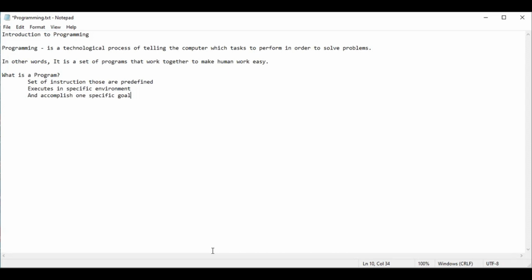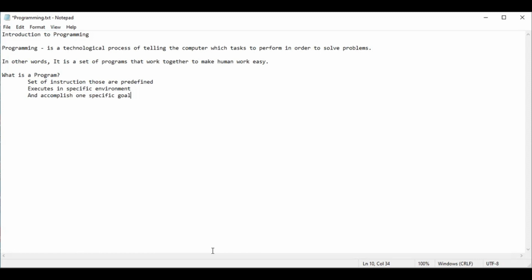I would like to go ahead with the second point, that is, execute in a specific environment. That means it is a place where our program runs with some specified memory internally within the CPU to perform the computation required to complete your program.